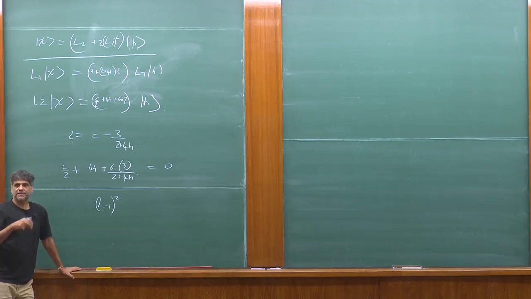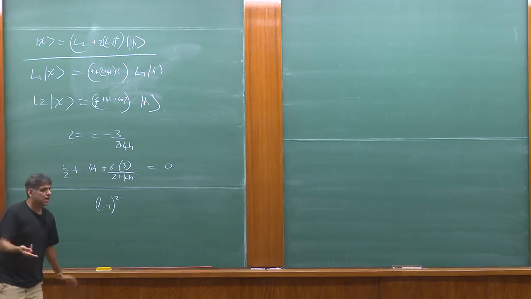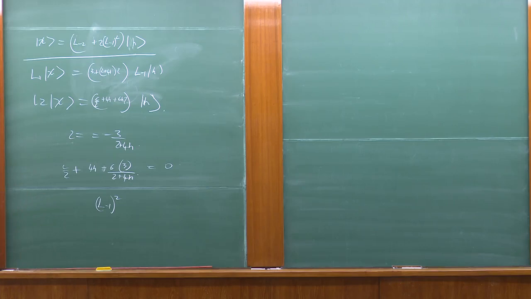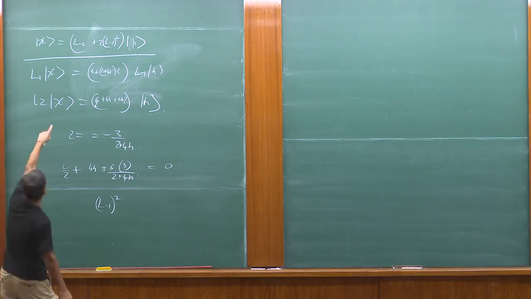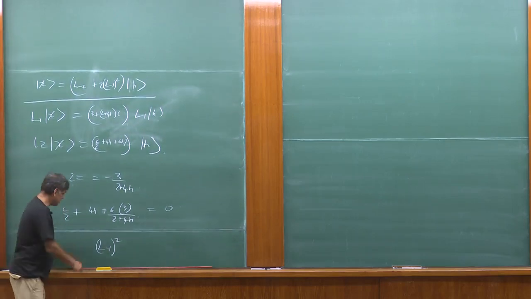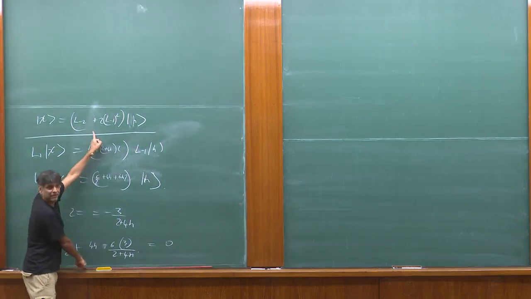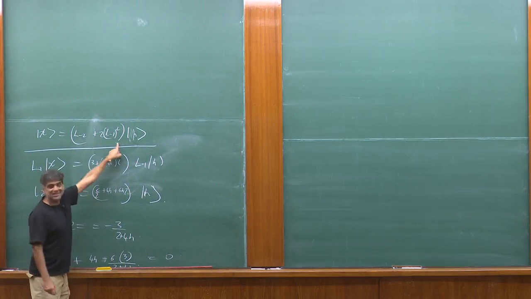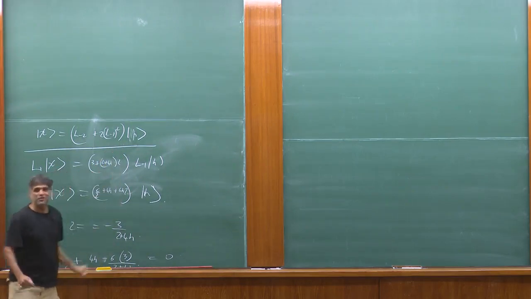Because at h equals 0, L minus 1, which is del z, kills the state. Yeah, but the way that that's not showing up is that we assumed, you're right, we assumed that we're looking at a linear combination with some non-zero L2 here. This was correct for every possibility